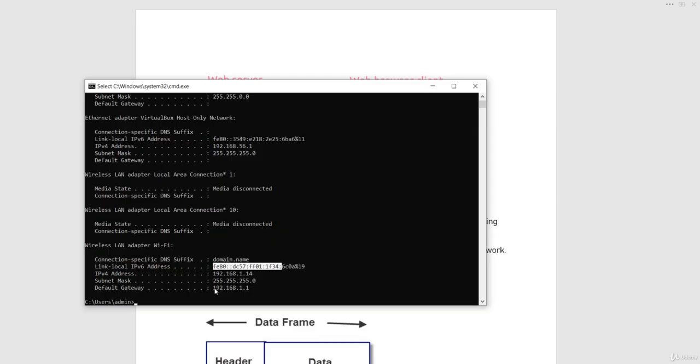And you can see the gateway right here. The first address of the subnet of any IP address will be the gateway. So you can see that we have the same network, and the first address is your default gateway. You can get this information with the help of ipconfig on Windows.